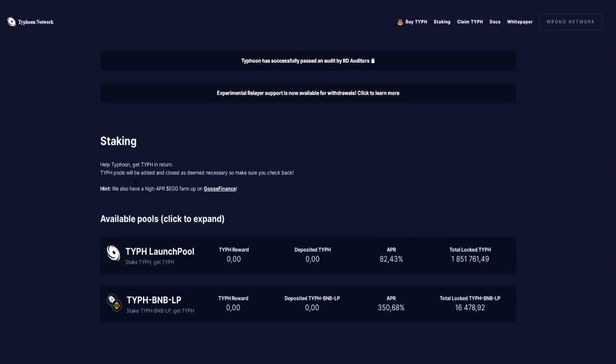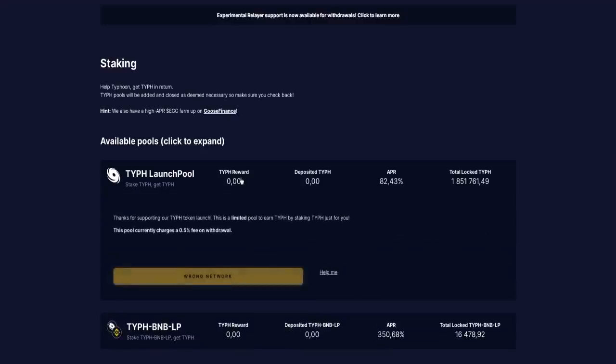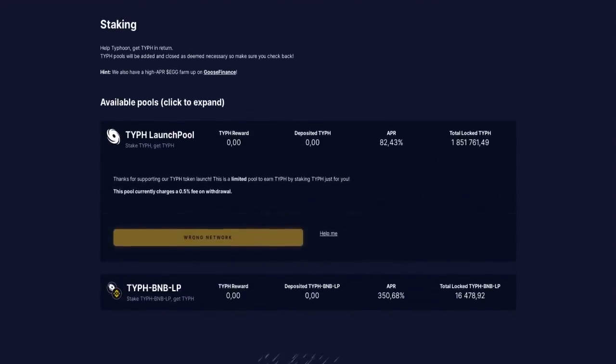Typhoon Pools will be added and closed as deemed necessary, so make sure you check back. And here are the available pools. So the Typhoon launch pool, total locked Typhoon is 1,851,000. And here you have the pool Typhoon BNB LP, and total locked Typhoon BNB LP is 16,478. Just click it, then you can just see that this pool currently charges a